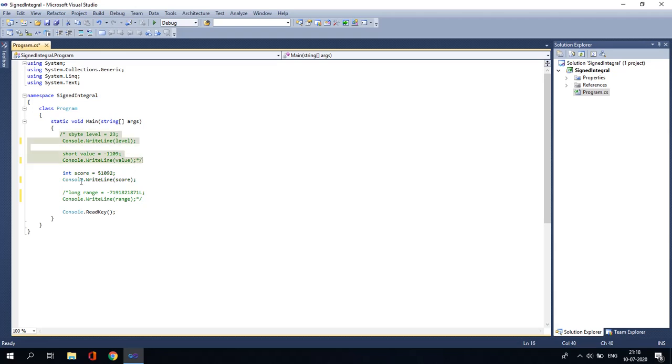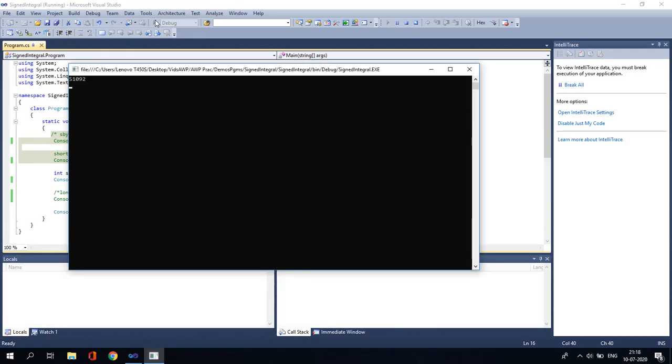As you can see, now I am telling you about int score. For int, you don't have to mention any kind of suffix in front of it. It definitely goes to the integer type. So int score is equal to a value, and now we are printing score. This value should be printed on the screen, 51092, that's it.